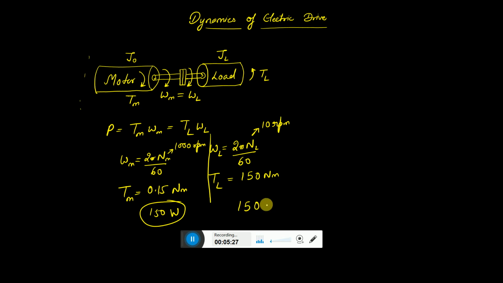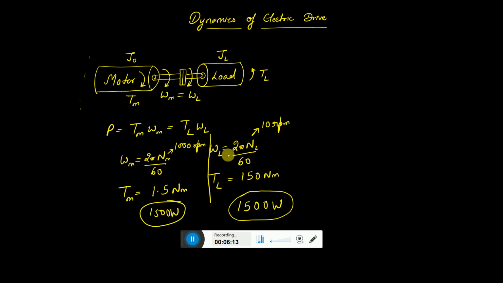this side it is coming 1500 watt, and here I made a mistake, this should be 1.5 Newton meter. So if I purchase a motor whose speed is 1000 rpm and giving a motor torque of 1.5 Newton meter, this is enough to drive a load having 150 Newton meter at a speed of 10 rpm only. The thing is that the power has to remain constant. So we need to think about the rating of the motor which is enough to drive this load,